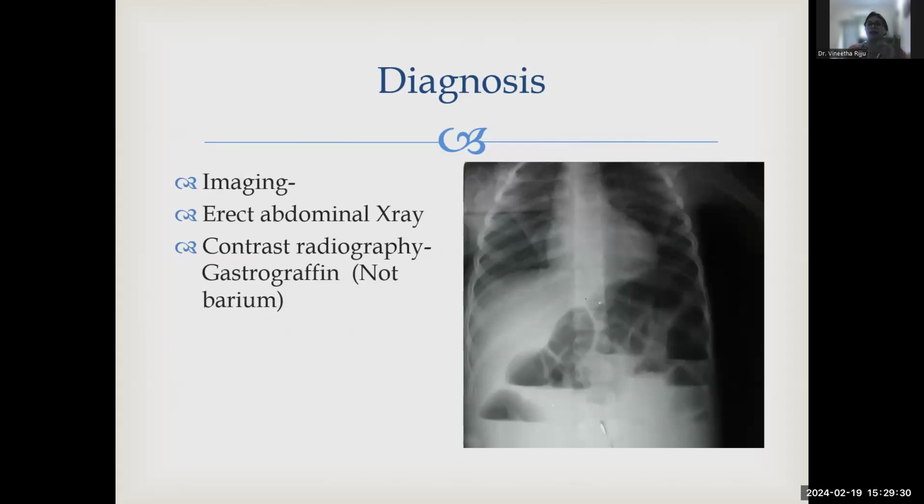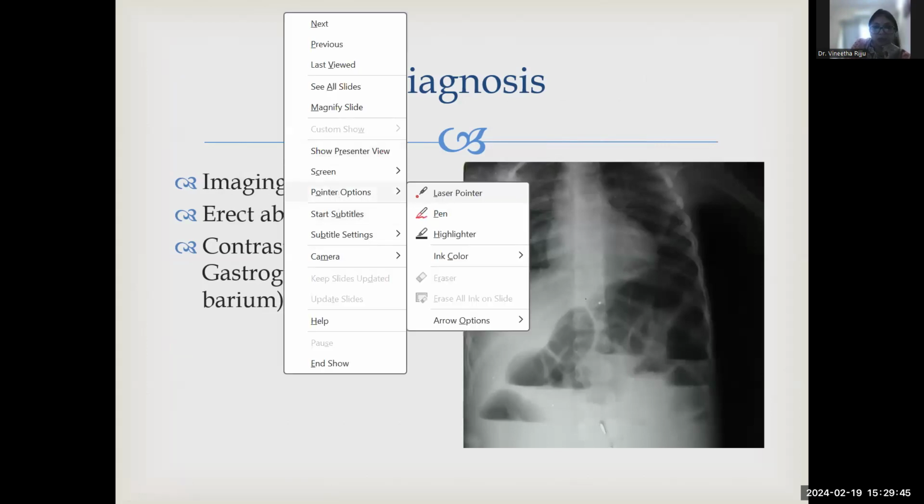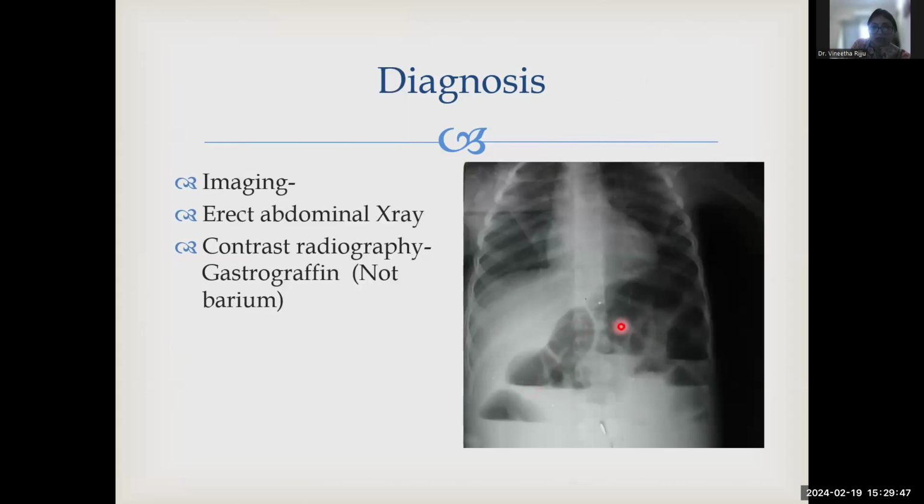We call this sign multiple air fluid level. Okay, so what I want to show you here is that you can see the black shadows. Let me get my pointer here. You see the black shadows here in the abdomen, and you see this little U-shaped structure. That is a big distended large colon over there. And do you see how it just ends in a flat line? The end of it looks just as if it's cut with a scissor, right?